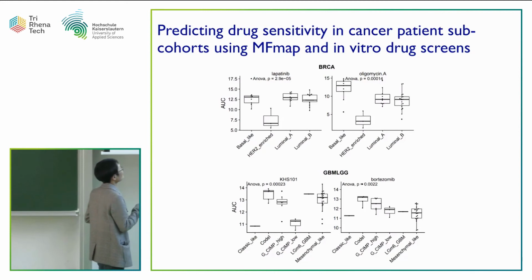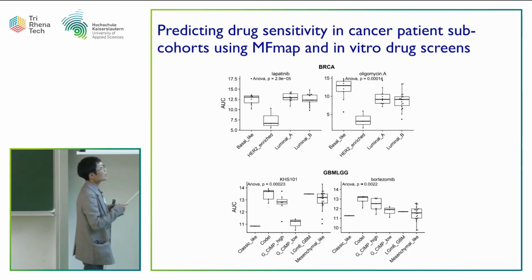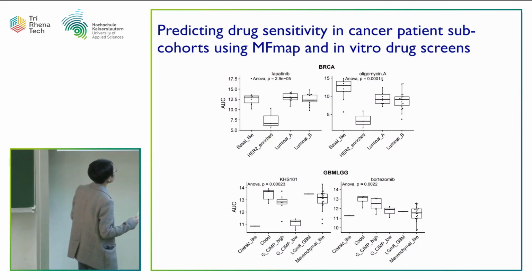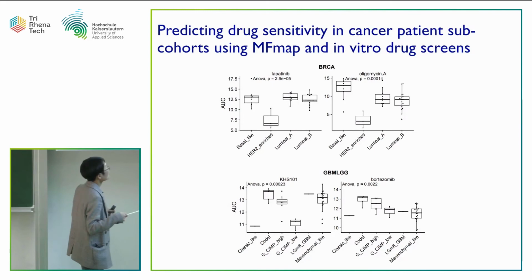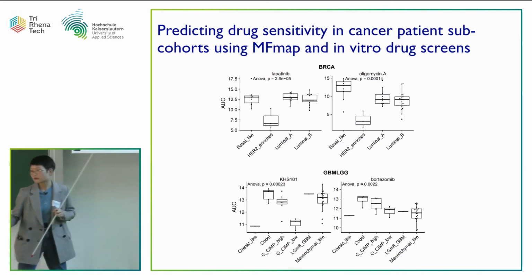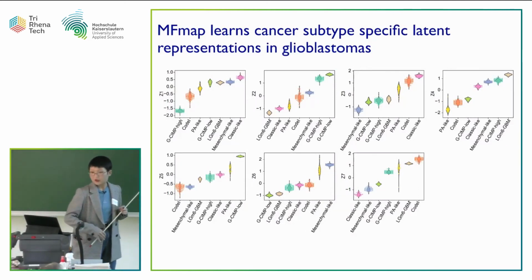Yeah, thanks. And for glioblastoma, these two compounds have already been discussed for treating glioblastoma, but our results show that the GCIMP high subtypes are more resistant to KHS101. And then we ask whether the